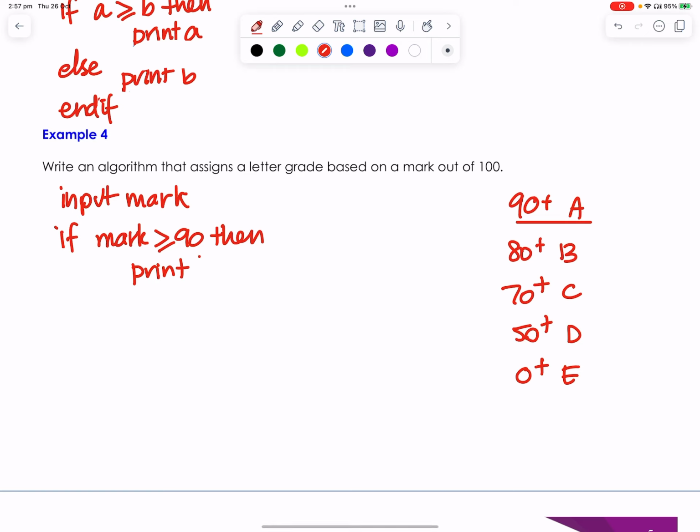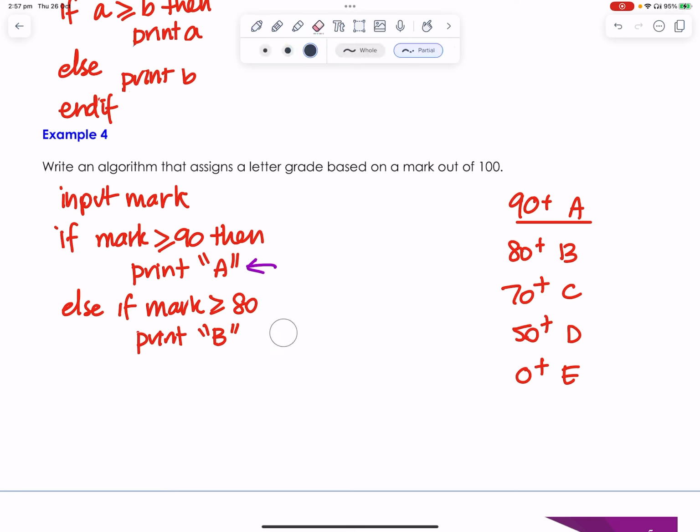we print A. Else, if the mark is greater than or equal to 80, print B. Now, you don't have to worry about the fact that you might print A and print B, because we